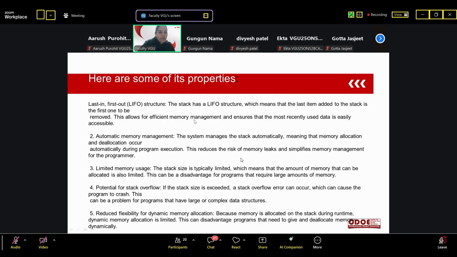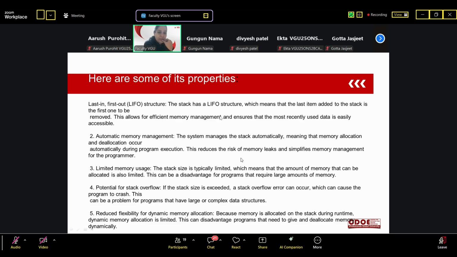This allows for efficient memory management and ensures that the most recently used data is easily accessible.